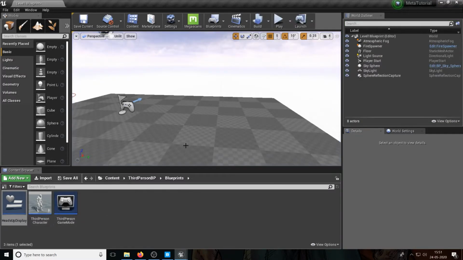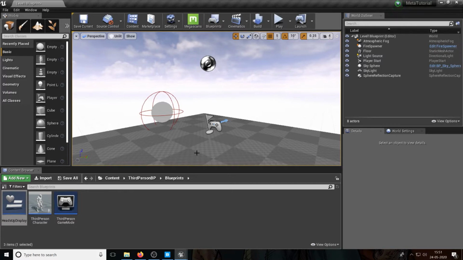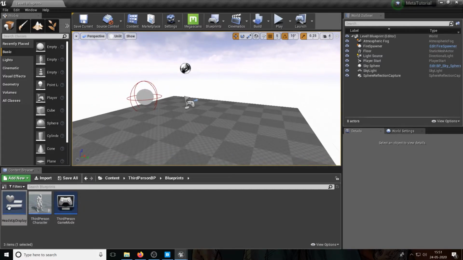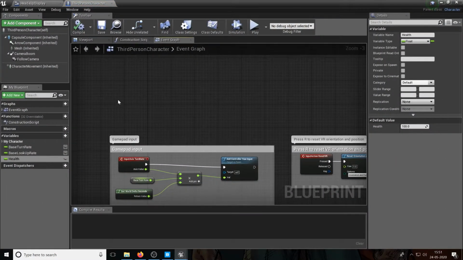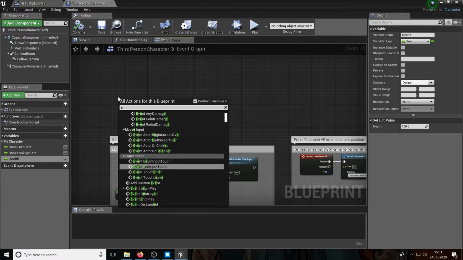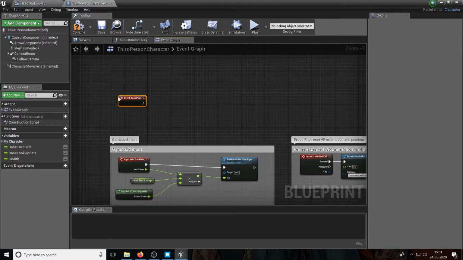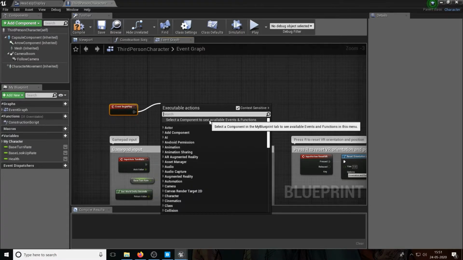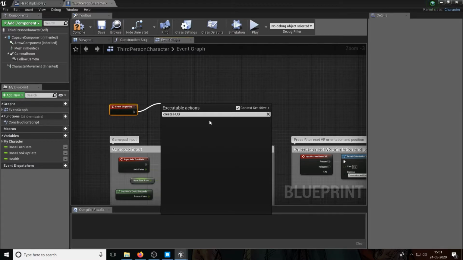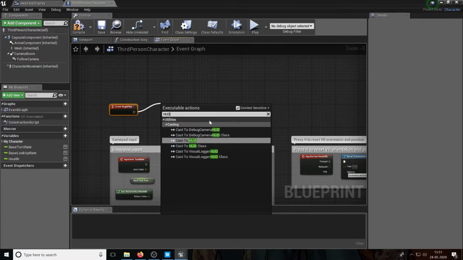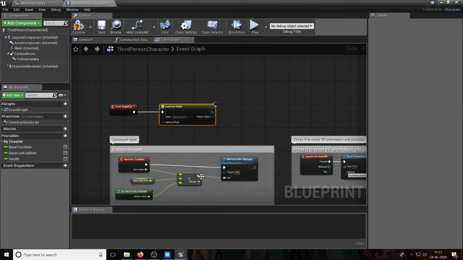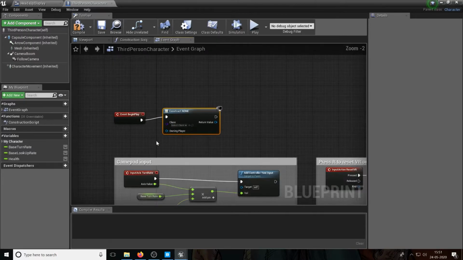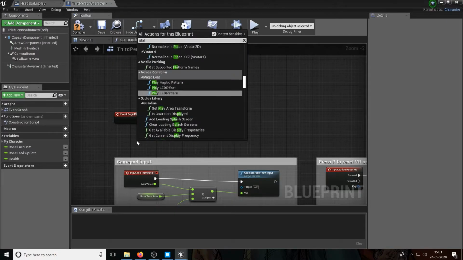So to fix that, we need to draw the widget bar on the screen. If you don't draw the widget bar on the screen, Unreal doesn't know whether to even use this resource, right? So we're going to go to a third person character, and in the event graph, we're going to right click and type event begin play. So when the game first starts, we will drag out an execution pin, and we will say create HUD. Well, actually create widget. We'll just create a widget. All right, so we'll create a widget, and the owning player, which is the player controller,